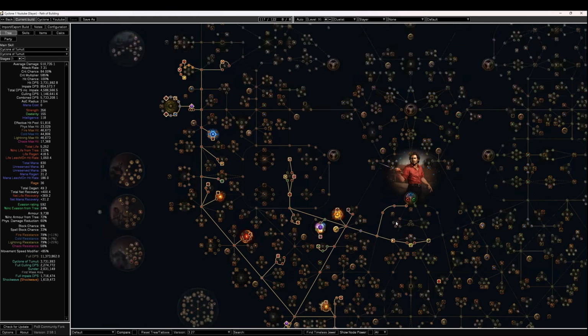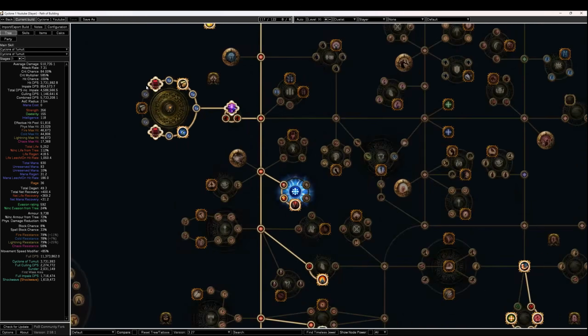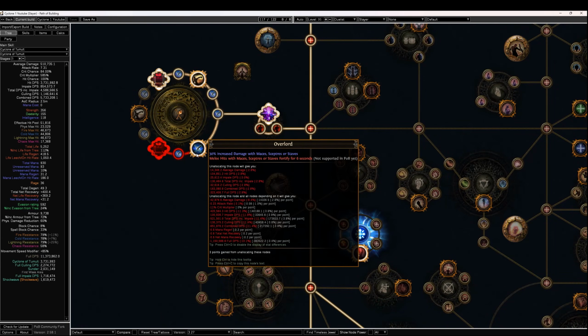And the content is basically falling over for the most part. Big change here was adding an additional cluster. As you can see, getting more damage here, and especially getting Overlord. This is one of the single strongest notables, especially for staffs, because it is basically a 1-point fortify, which